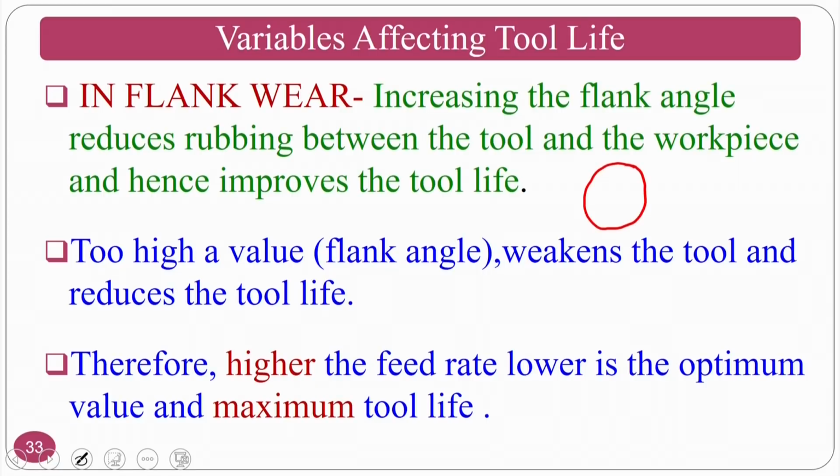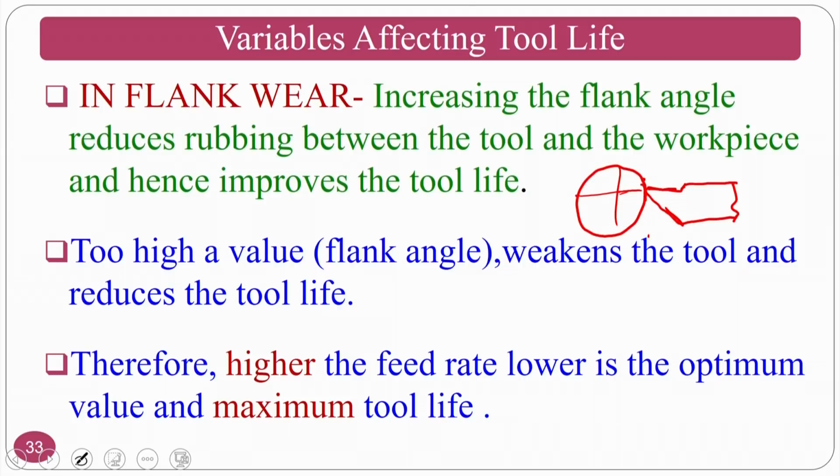This is the workpiece. This is the flank angle. Okay. This is the flank angle which helps with the rubbing action. If I give a 0 flank angle, what will happen? It will completely rub against this one. So always you have to provide the flank angle so that rubbing won't take place. Okay. A high value of the flank angle also weakens the tool. So what I mean to say is,